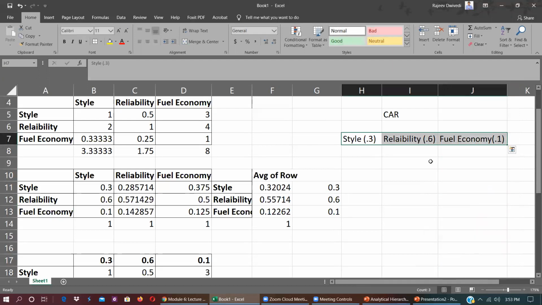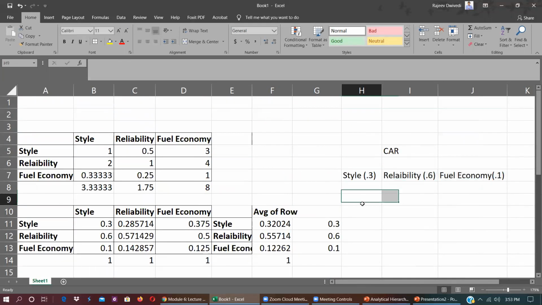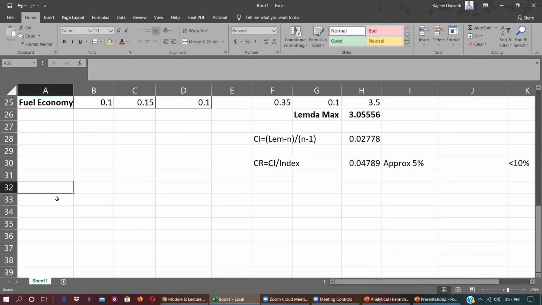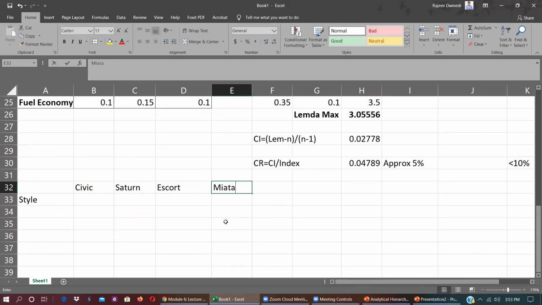Now similarly we do it for the next level. This is the first level we have done. Now we go for all the cars. We have 4 options of cars. So what we do is check the style, and based on style, we are going to compare all the options. Like we have Civic, we have Saturn, Escort, and similarly we are going to put here